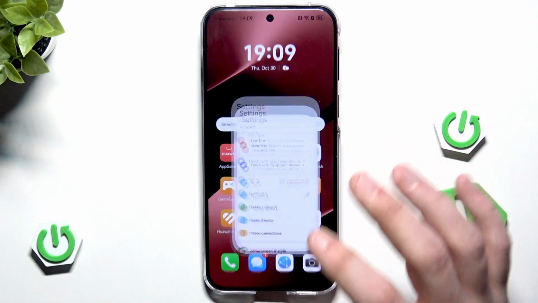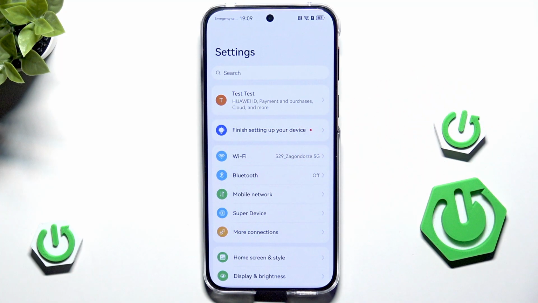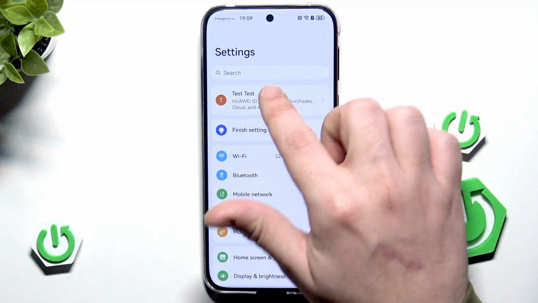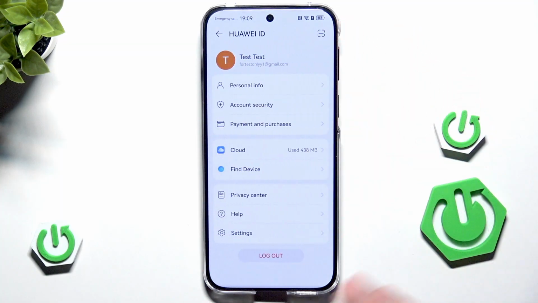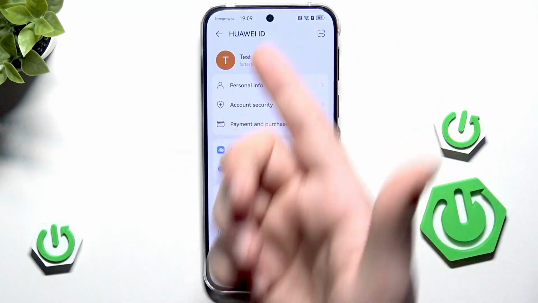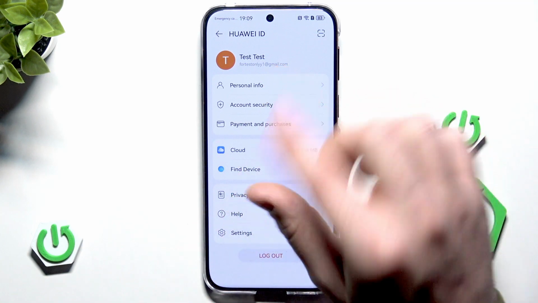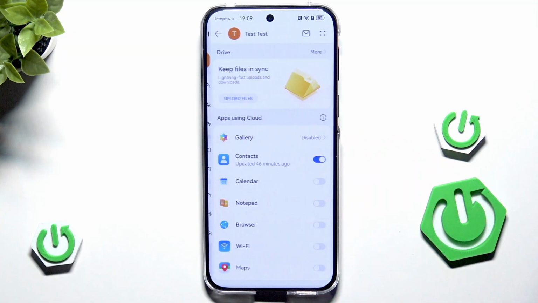Okay, to create a backup, open up your settings, and maybe let's begin with cloud backup that we can create when we are logged into our HUAWEI ID. If you don't have it, you will have to create it, but don't worry, that's not the only method how we can create a backup of our data. If you are logged into your account, you can click on Cloud,